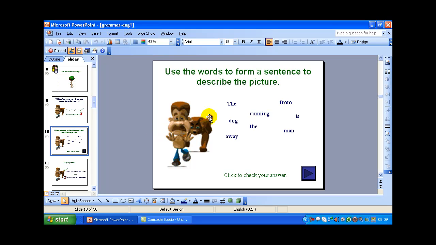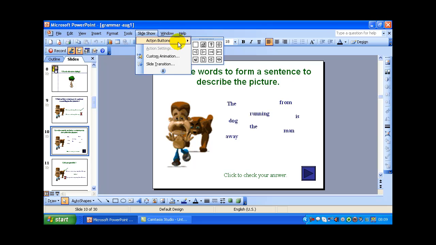I have also prepared some exercises where the students have to select the words from here and then make a sentence, and I have a picture here that goes with the sentence. So they will be able to make the sentence. Click here for this button. I have got the button from the action buttons under the Slideshow menu I told you about.